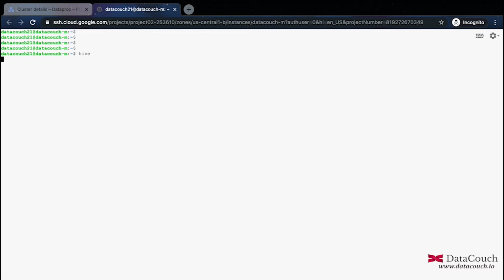So if I am running the Hive shell right now, this is actually a CLI of an older version of Hive, but it does not matter because our focus is basically to bring data into the Hive Metastore. You can use Beeline also, but right now I am going ahead and using the Hive CLI. So here you can see show tables, so we'll get to know whether there are any tables or not. There are no tables right now. So I will exit out of it.